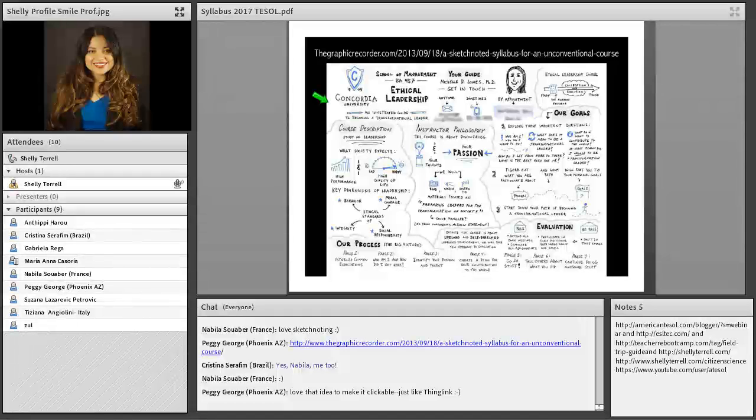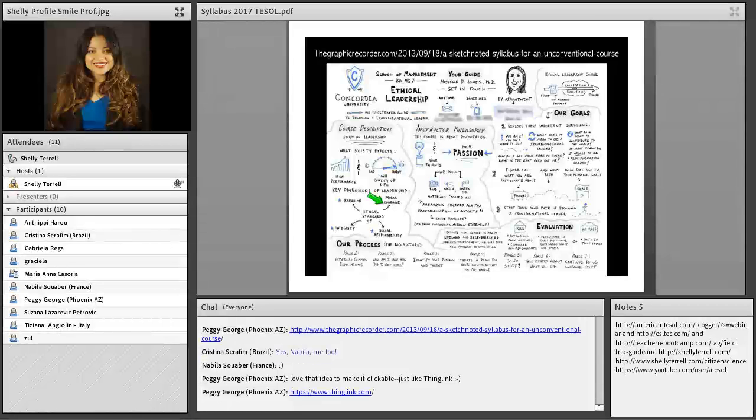If you want to make it clickable, like Peggy George's list inside the chat box, then just simply use ThingLink. ThingLink is a great way to upload your Sketchnote and to add links to take them to somewhere else. With all of these, when you add links and you make it interactive, you can also, that's considered